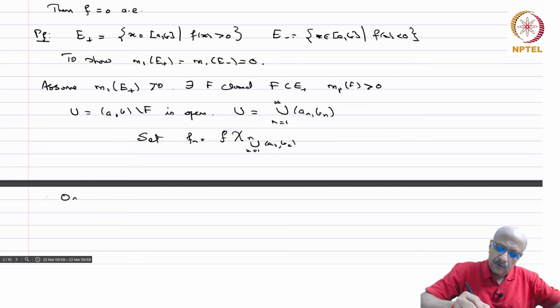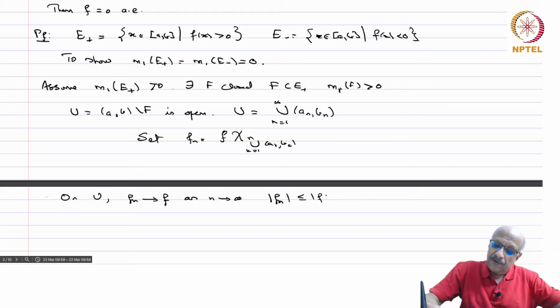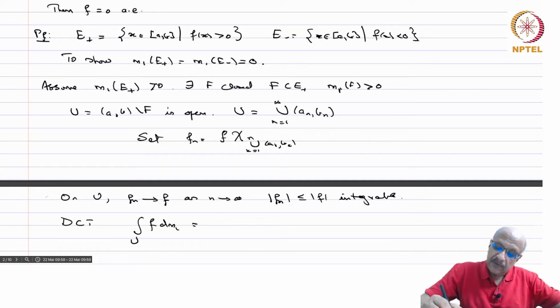Then on U we have f_n converges to f as n tends to infinity, and mod f_n is less than or equal to mod f, which is integrable. Therefore, by the dominated convergence theorem, the integral on U of f dm1 equals